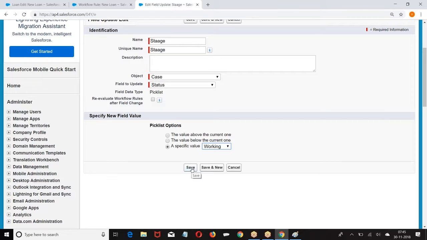Now, if it is a standard system field, can you modify the date? It will be assigned by the system only. You don't have a choice to assign the value of created date. Value of the field is assigned by the system.